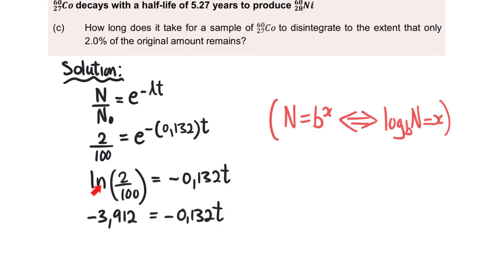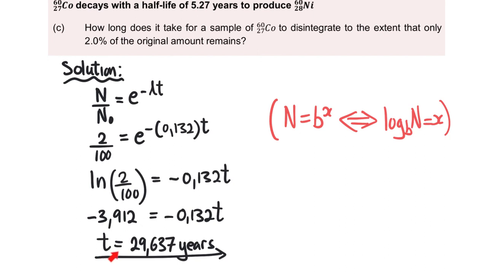We now work out what ln 2 over 100 is. So on your calculator you punch in ln 0.02, and that will give you negative 3.912. And now we have a nice linear equation free of logs. And when we divide both sides by negative 0.132, we get that t equals 29.637. And remember that the decay constant's unit was per year, or year to the minus 1, which means that